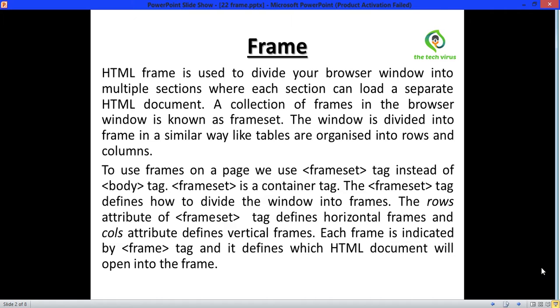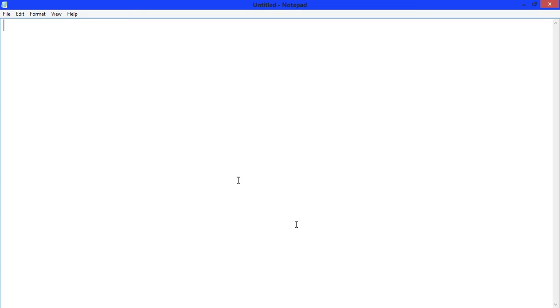Now, open your text editor. Right here, HTML, head, title, give a title here. Now close the title tag, close the head tag. Now open the frameset tag.